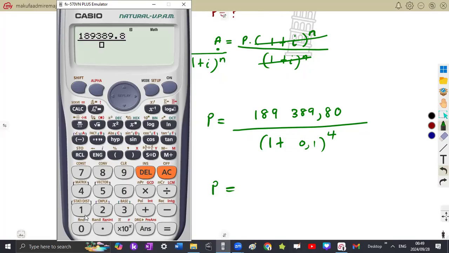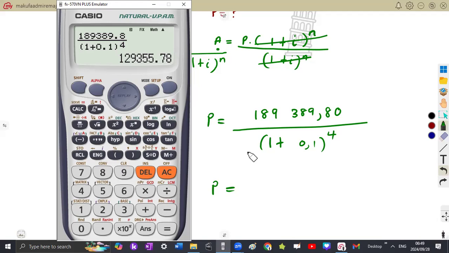Then open a bracket in the denominator: 1 plus 0.1. Close this, raised to the exponent. So press this x to the exponent of, then you put a 4 there. So this is what you're going to have. As I said, you can even fix your calculator. So you're going to go back 6, then fix number 2 to 2 decimal places. So it was going to give us